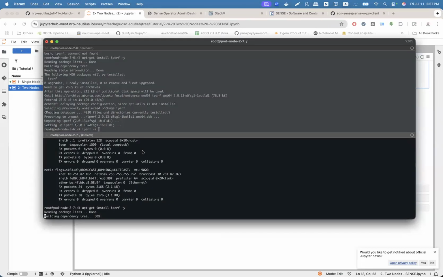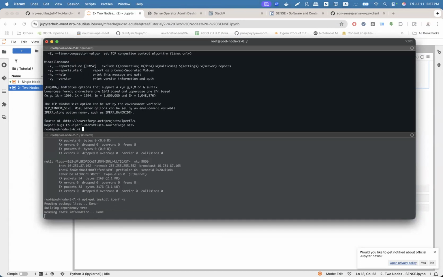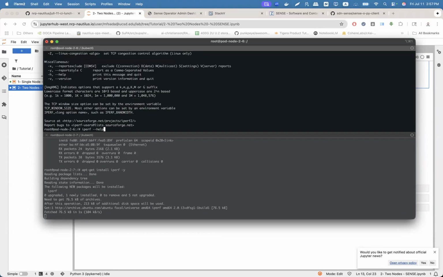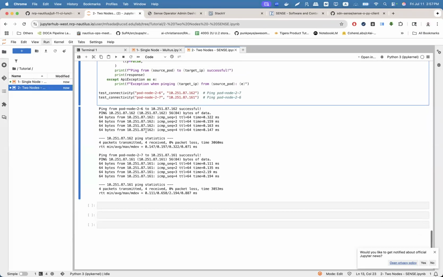Feel free to correct me if I'm wrong. Was it iperf -s? Let me check actually. Yeah, that's it. Let me grab the IP address.